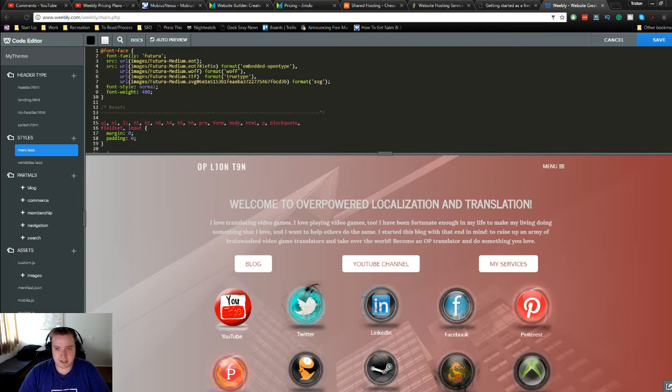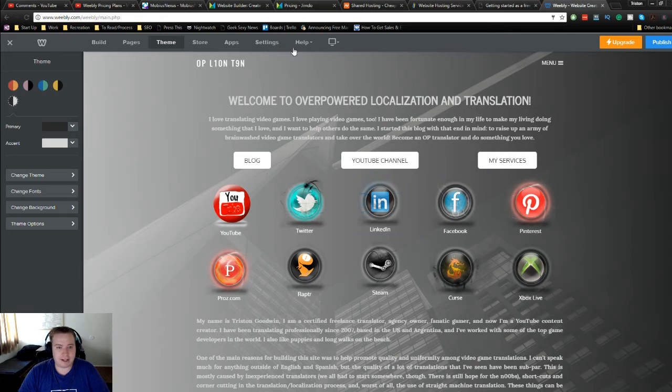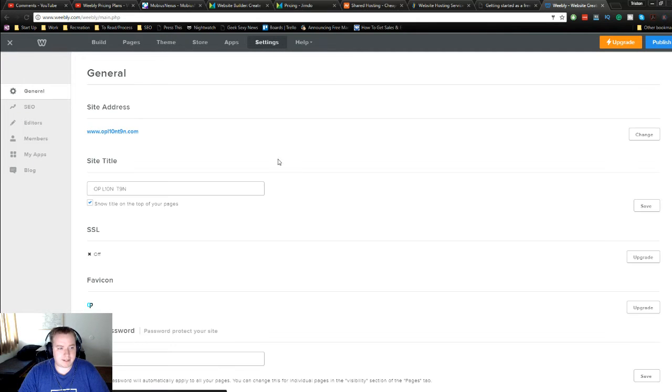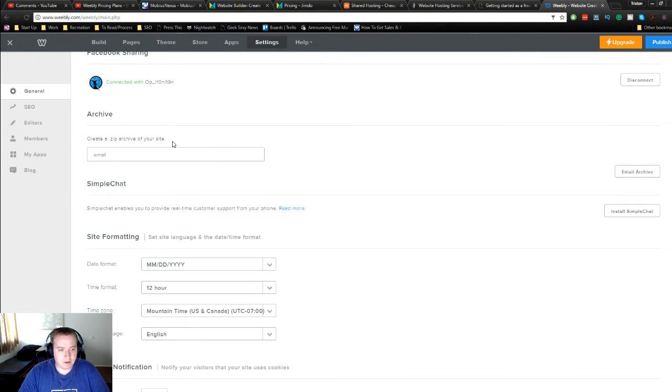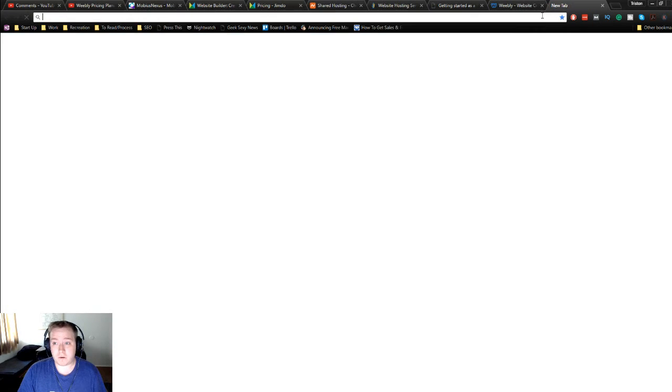It's also going to be the least expensive. Now, if you want to go from Weebly to another platform, that's actually a lot easier. You go to Settings, you scroll all the way down to where it says Archive. You put your email address in here and push the Email Archive button, and it will take all the HTML code from your website and send it to you in a file. Then you can take that file and upload it to your hosting provider